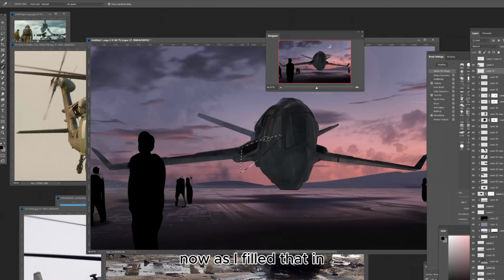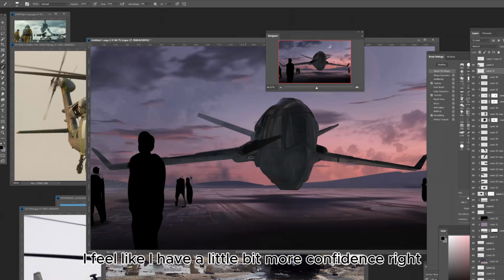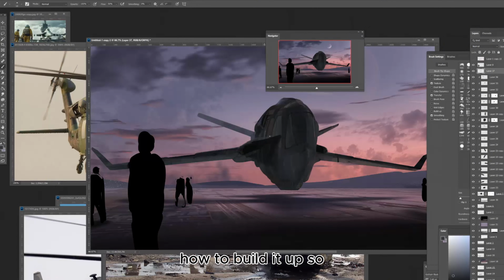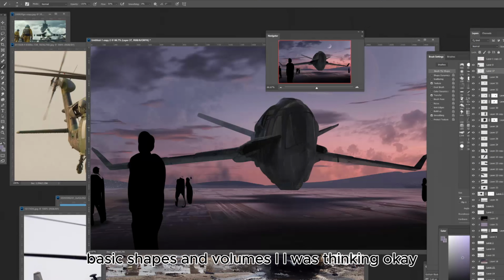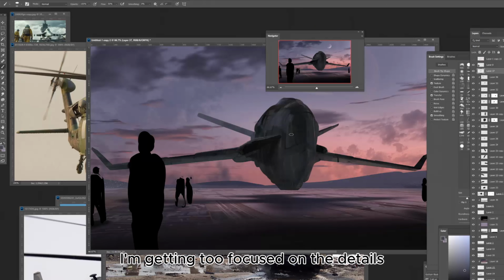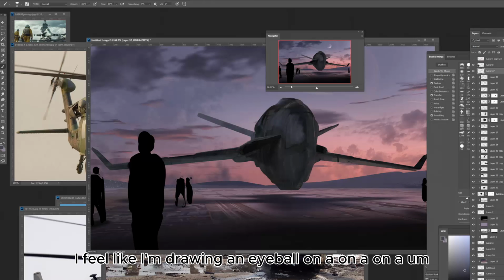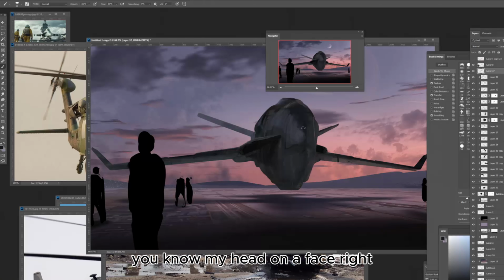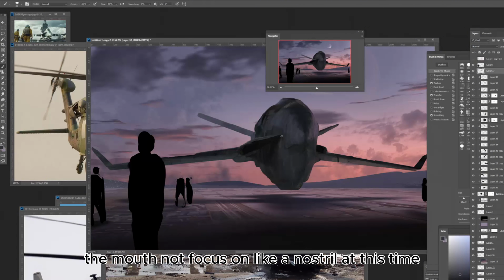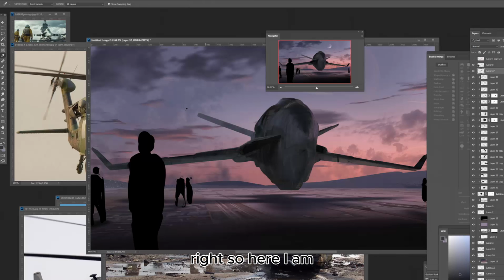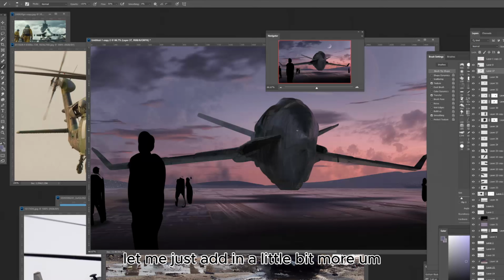Now, as I filled that in, I feel like I have a little bit more confidence how to build it up. So I'm just going to go back into carving basic shapes and volumes. I was thinking, okay, I'm getting too focused on the details. I feel like I'm drawing an eyeball on a head, on a face. I should be focusing on, okay, let's chisel out the eye sockets, the nose, the mouth, not focus on a nostril at this time, right? So here I am. Let me just add in a little bit more